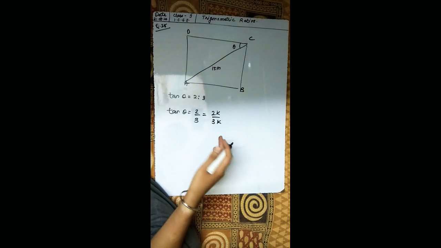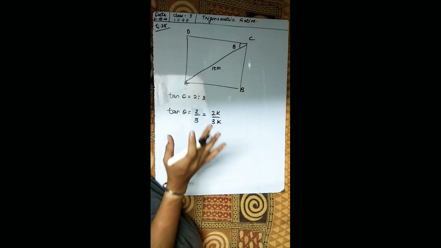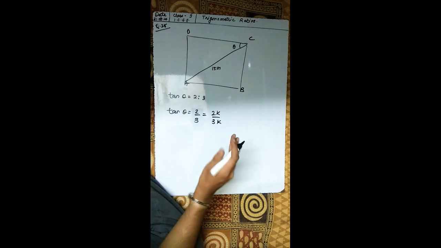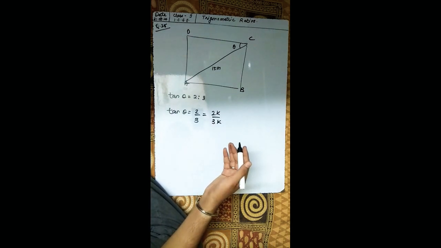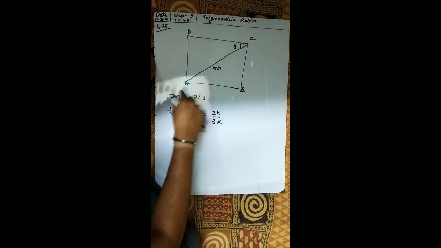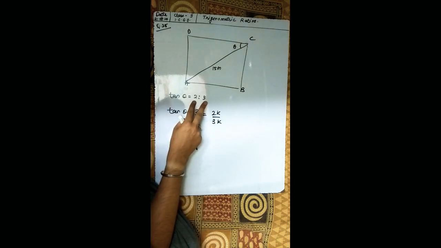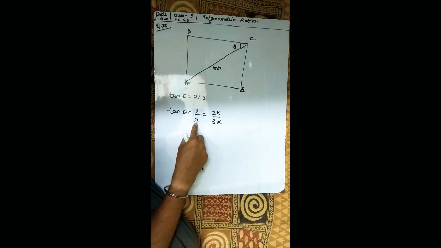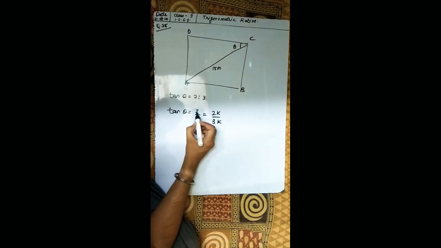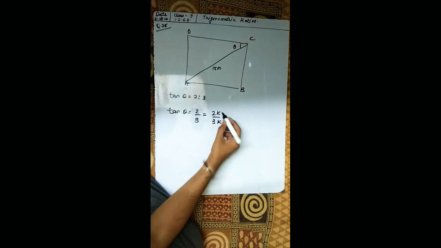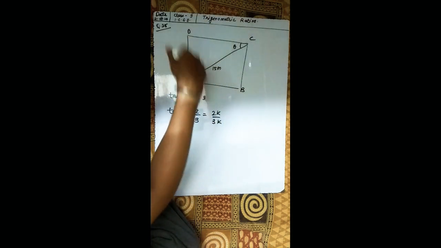Okay, now please try to understand the 28th question. I'm giving you the hint here. You need to solve it, because this is also the same as the 27th question we have done. This is the rectangle ABCD with diagonal 15 meters, and you are given one piece of information, tan theta is equal to 2:3, that is 2 upon 3. So again we have to consider this as 2k and 3k, and we need the value of k, and then we will put it here and get the sides.